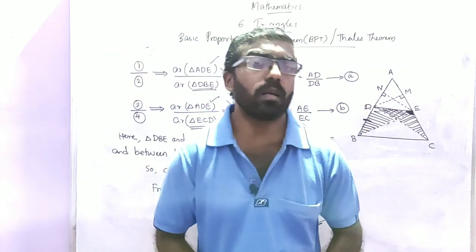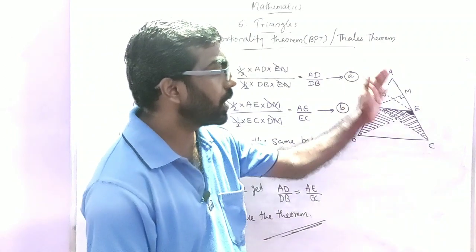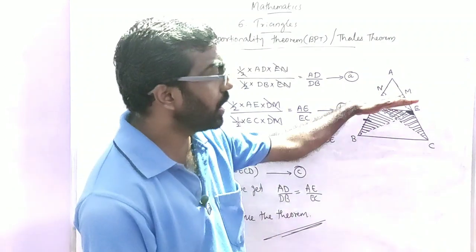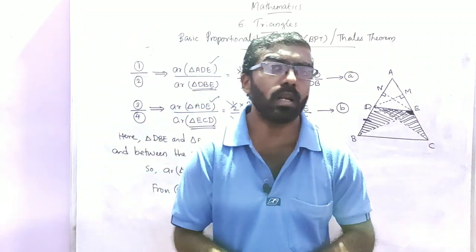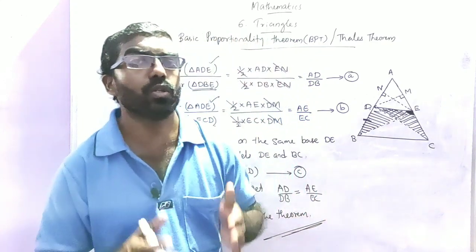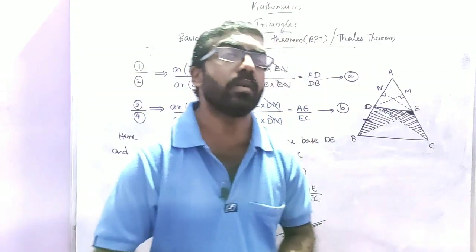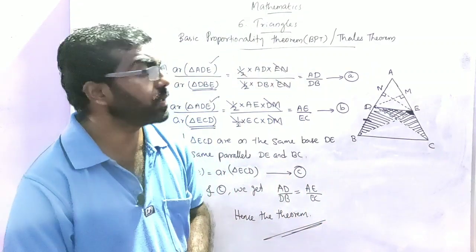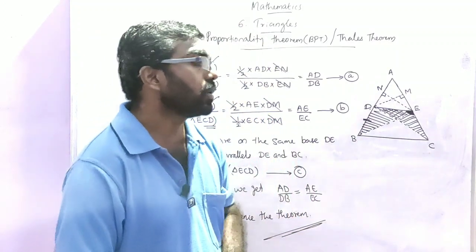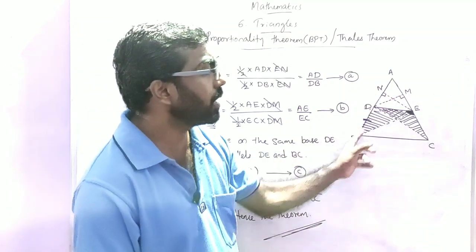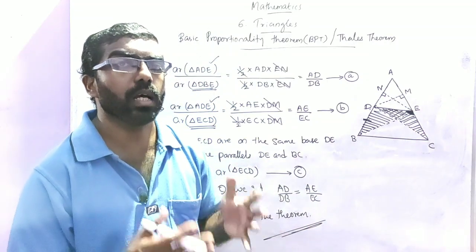Okay, so I repeat this theorem from this picture. You just observe the picture. Here we are given triangle ABC in which DE parallel to BC. If a line is drawn parallel to one side of a triangle to intersect the other two sides in distinct points, the other two sides are divided in the same ratio. That is what is called basic proportionality theorem or the Thales theorem. So given part we have to write given triangle ABC in which DE parallel to BC. Clear?